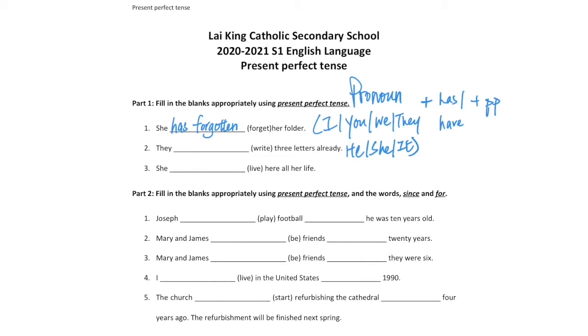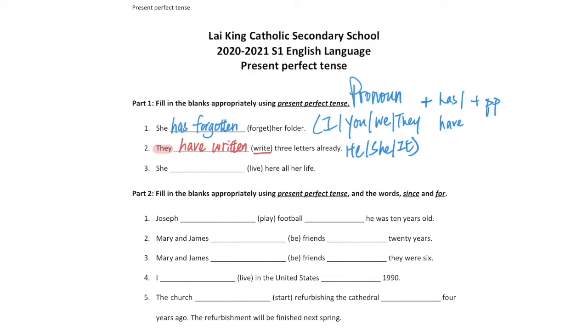Alright, the answer for question 2 is quite obvious. Right, first, let's decide if we are using has or have. So we are looking at the pronoun they, so we are using have. They have, the PP form of write is written, so they have written